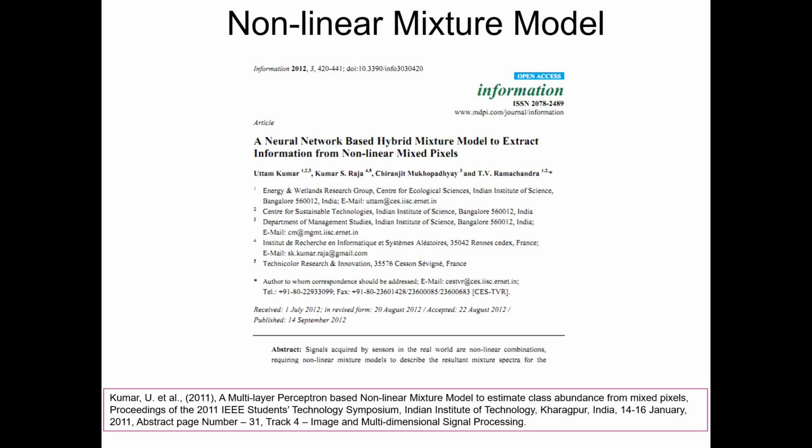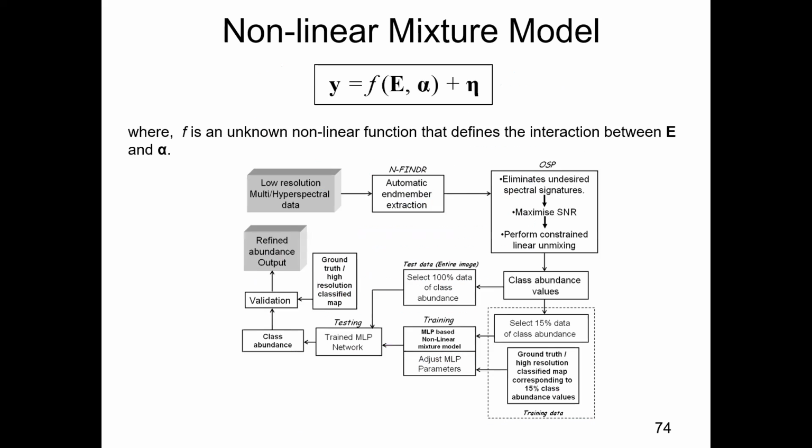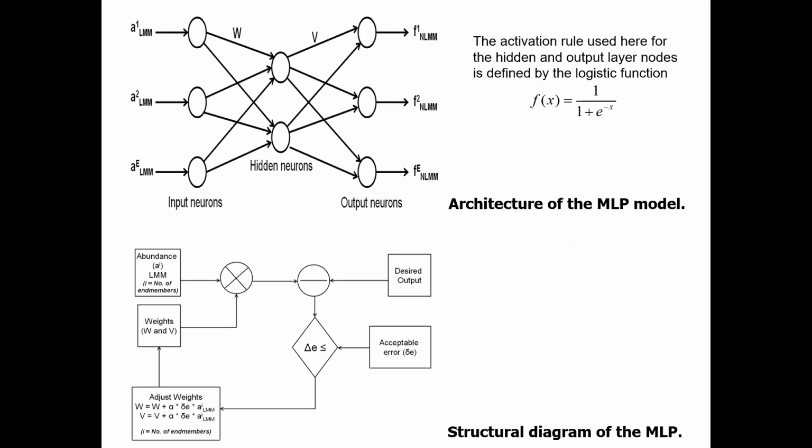So the same set of techniques that we just talked about was assuming that things are linear in nature, but very often it happens that things are also non-linear in nature. In this particular paper, we had talked about a non-linear mixture model framework that could actually consider multiple scattering of reflected light in the atmosphere. Here we use the training times, one using orthogonal subspace projection, and then again we use a multi-layer perceptron architecture to solve the non-linearity in the particular mixed pixel.